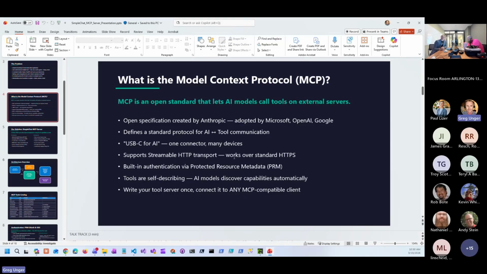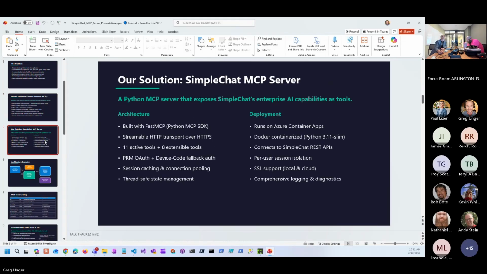The server that I'm going to show you uses a newer construct called PRM authentication that allows us to do single sign-on or on-behalf-of flows. So whichever end client you're using, if you're logged into that end client, then theoretically that credential will be passed through to the agent, to the MCP server, and then in the end to the Simple Chat application that's running that we're accessing. Again, a lot of that might be sort of complicated, but we'll share some information after this meeting as well, and you can do some additional research in the end.